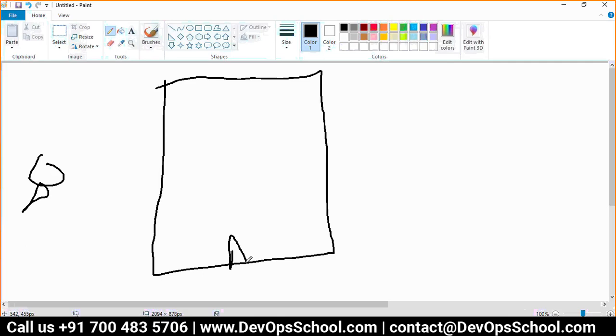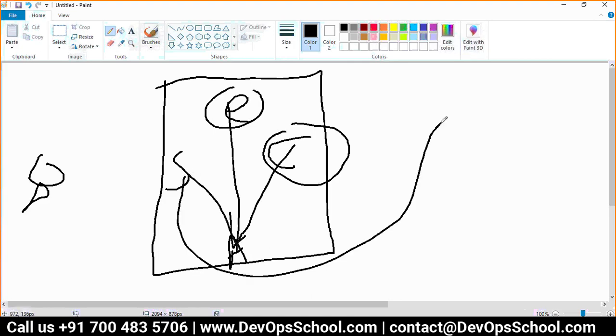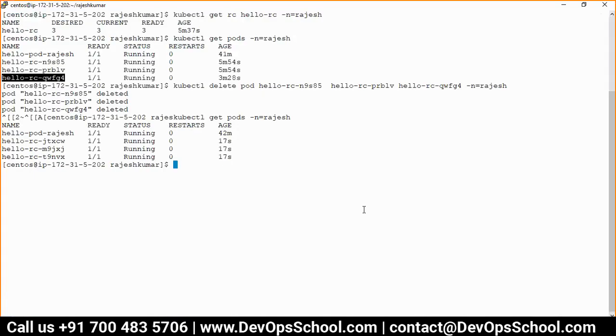This is the API server, this is the controller. The controller will immediately inform this one. This one will check: it has a desired 3, reality is 0. So it will say, okay, go ahead and create 3 more. Simple. Got it?